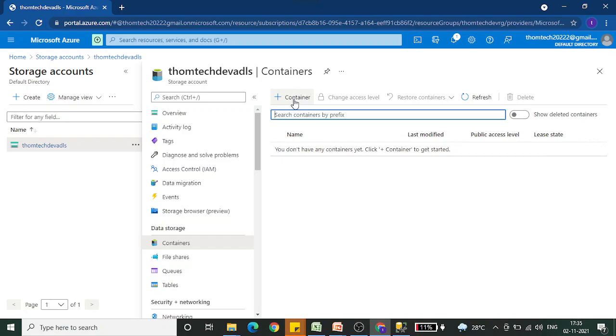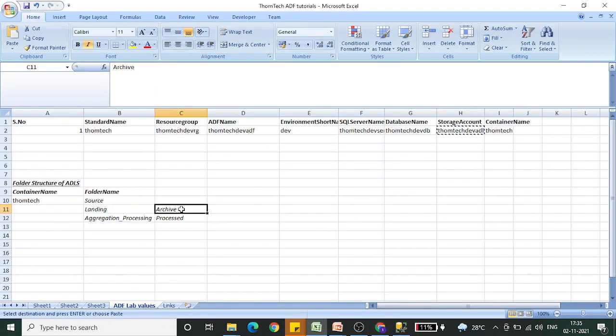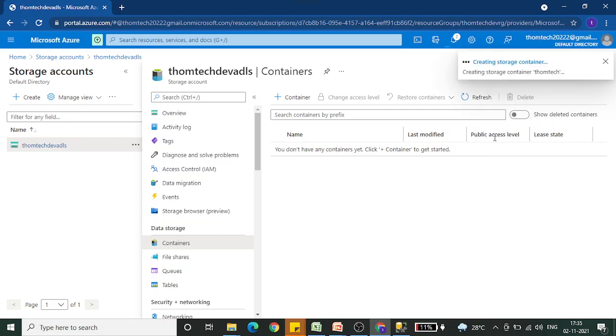Okay, let's create the first container for our project. Go back, copy the container name from the cheat book. The public access level is private, so no anonymous access is given. We have different options, you can toggle and pick the one which you need. Click OK. Our container should be ready.